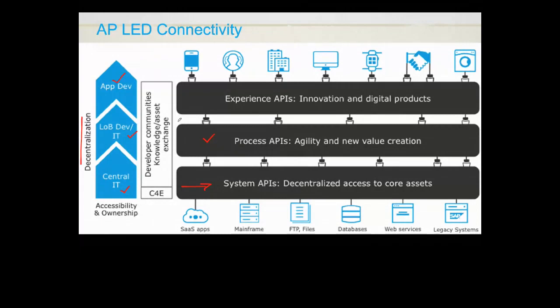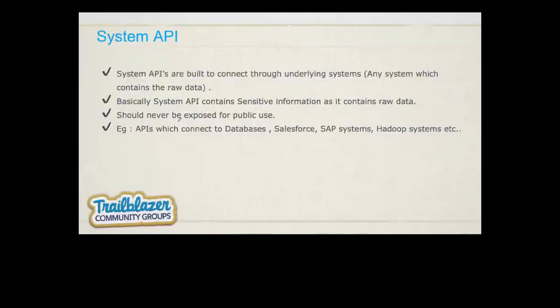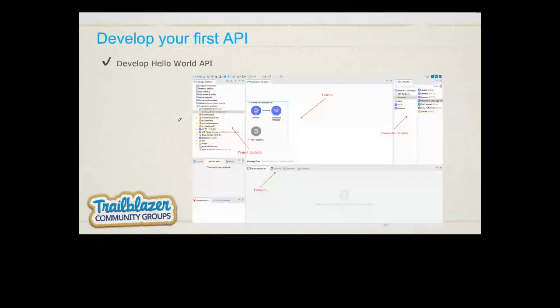Okay. So we have already talked about system and experience APIs, so that's enough about all of that. Let's quickly talk about how we can develop our first API and how it is going to work. As usual for every programming language, we are also going to work with a Hello World API. This time it is going to be Hello Max Mule. And there is one thing I forgot to mention: whenever you search for MuleSoft and try to find its logo, what exactly does it look like? It looks like a mule, right?